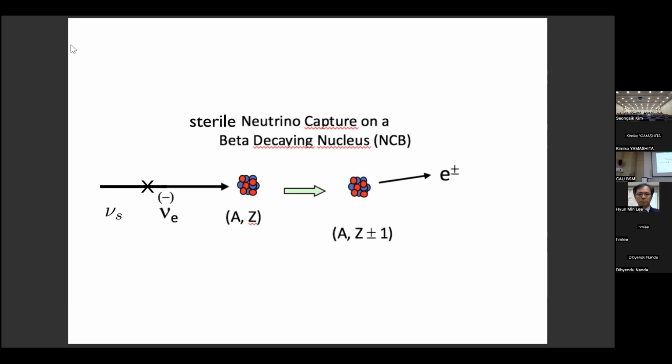So maybe it is more difficult to probe this sterile neutrino. But it also depends on the number density of the neutrino or sterile neutrino in our galaxy. The local number density for sterile neutrino can be larger than for electron neutrino, so this small mixing can be compensated by the large number density. I will show you later. In some model or some parameter space, the sterile neutrino capture rate can be larger than that of standard model electron neutrinos. That's the final result.